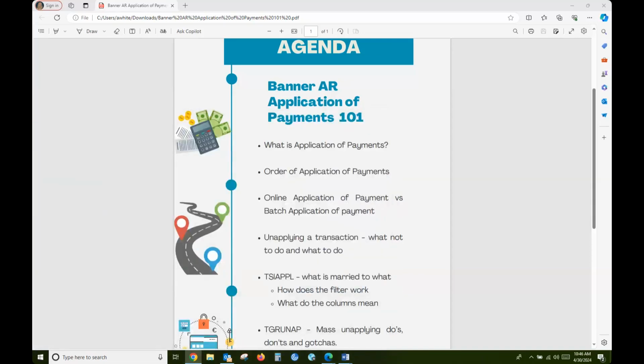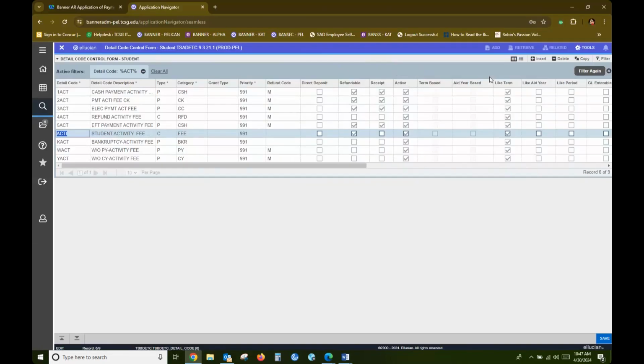So when we apply transactions, sometimes we have to unapply transactions, right? So when we run unapplication of payment, it too has an online unapplication of payment option and a batch. Same type situation. Your online unapplication of payment is going to come from running it through TSA Rev. Your batch unapplication of payment is going to come through running it through batch. We're going to talk about running it through batch a little bit later